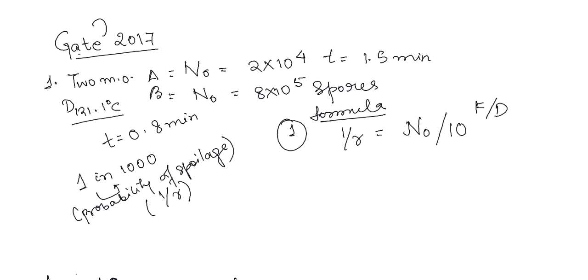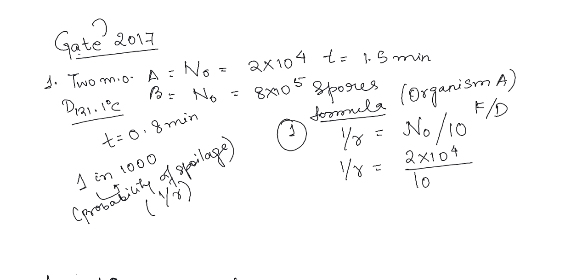Okay, so 1 by R we are not aware of. We will first find out for organism A, and the same will go for organism B. For organism A, what is N0? It is 2 into 10 to the power 4 divided by 10 to the power F by D. F we need to find out. The probability of spoilage they have said is 1 by 1000, so 1 by R is 1 by 1000 given in the question. So that is equal to 2 into 10 to the power 4, and here we have to write F by